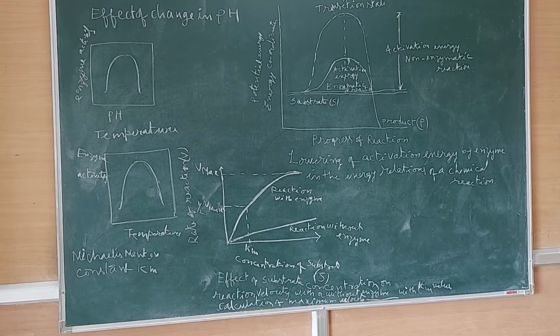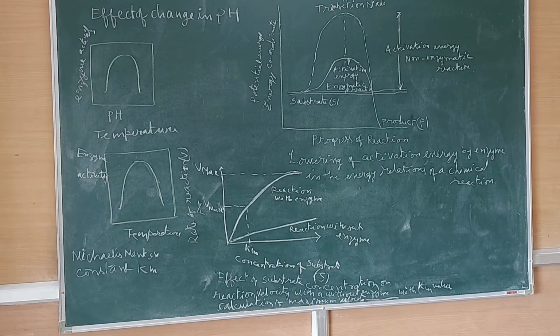Substrate concentration. An increase in substrate concentration increases the rate of reaction. The enhanced rate is due to two factors: occupation of more and more active sites by the substrate molecules, and a higher number of collisions between substrate molecules. The rise in velocity is quite high in the beginning, but it decreases progressively with the increase in substrate concentration.